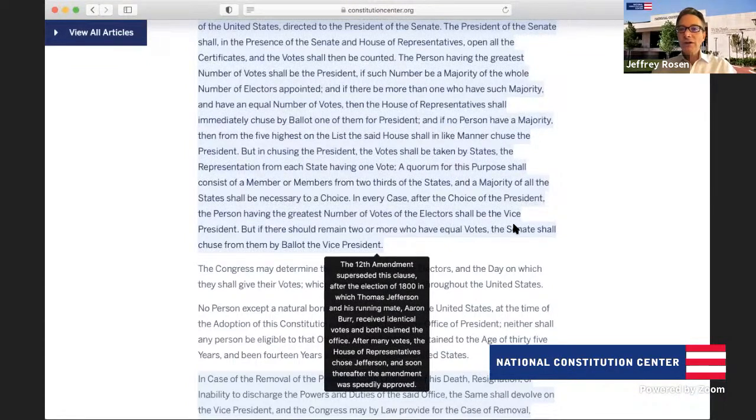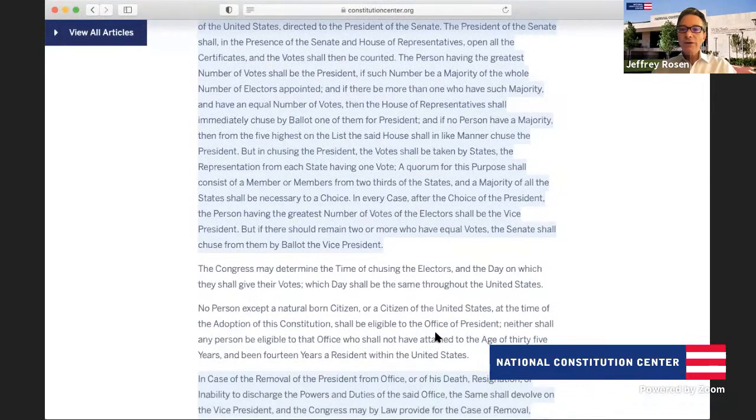The second question, which president established the precedent of serving 2 terms? Of course, that's not in the Constitution because it is a precedent, but once again, you guys are rocking it. And it was indeed President Washington who voluntarily left office. He could have probably won lifelong election. People would have been happy to elect him over and over again, if not for life. But like the farmer Cincinnatus returning to his farm after serving in Rome, Washington voluntarily relinquished power, and that established